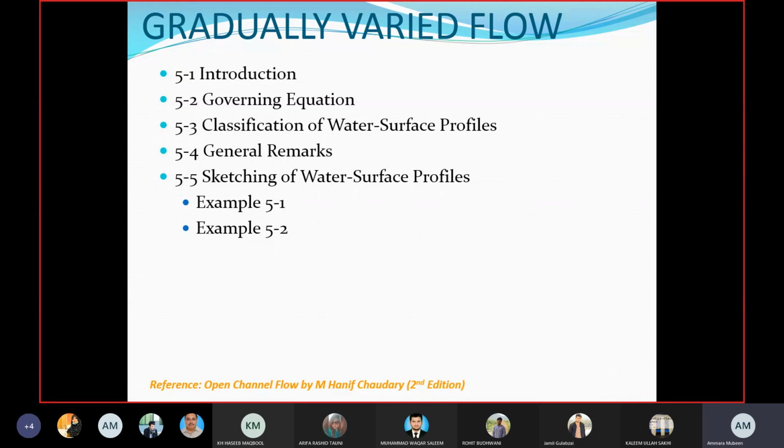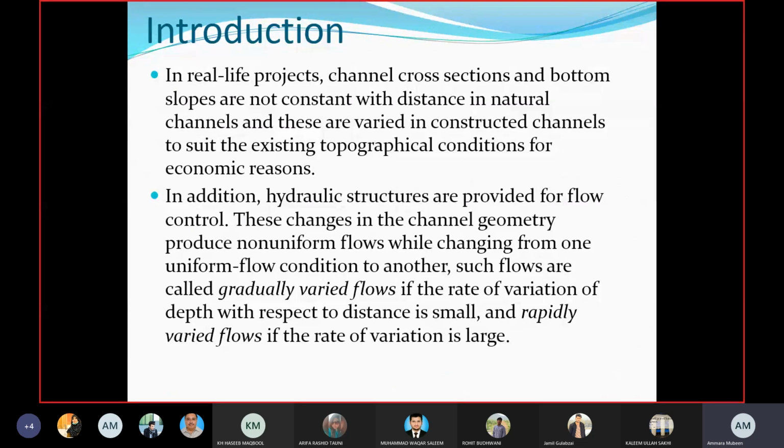In this chapter you'll be able to determine the relationship between the distance and the depth of the flows in the river channel, and you'll be able to form the water surface profile using different equations and computations. So, in real life projects, channel cross sections and bottom slopes are not constant with distance